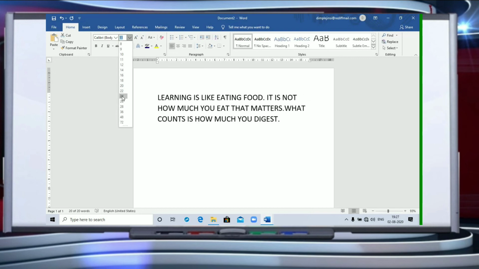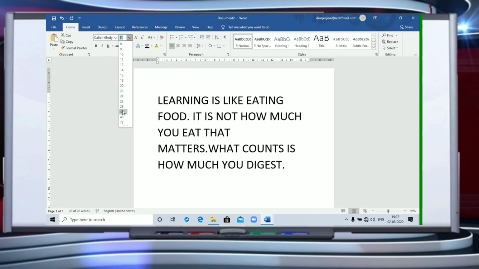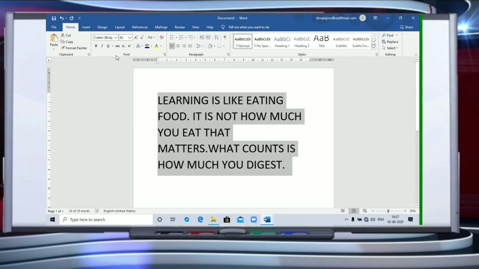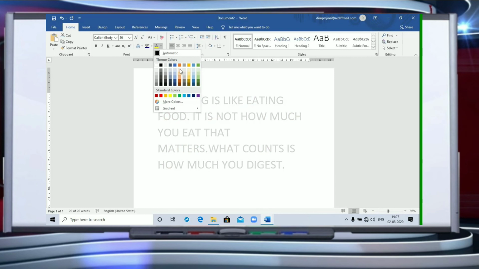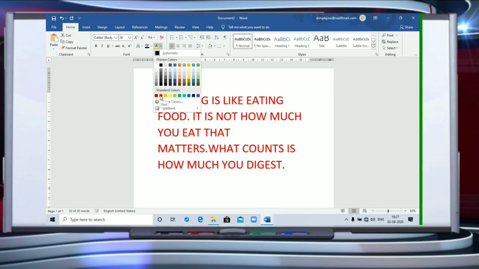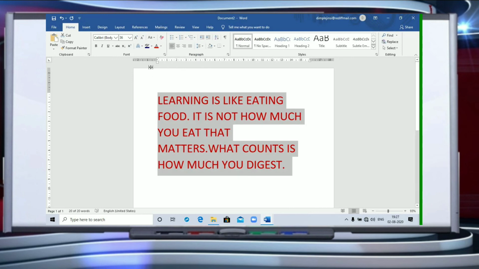You can make the size 20, 25, 26, 28, whatever you want, and you can change the color of this. I can make this color or this color, whichever color I want. I can go here and change the background color. This way we can change our writing text in Microsoft Word.